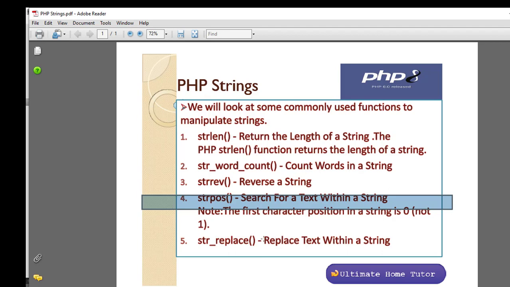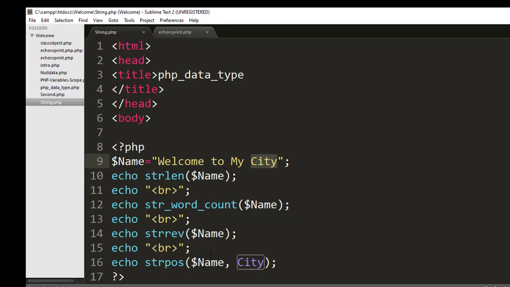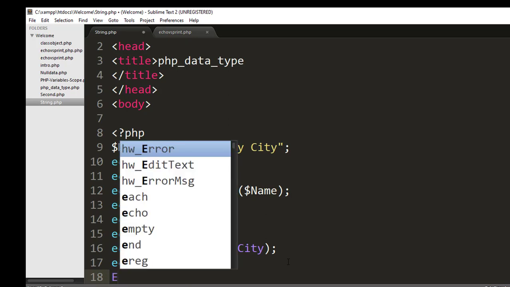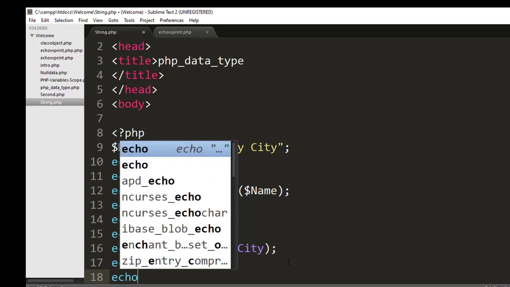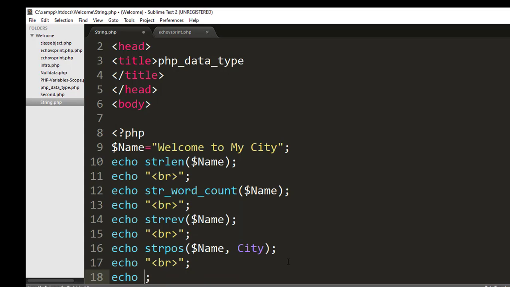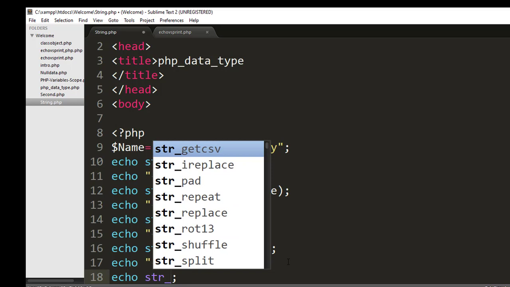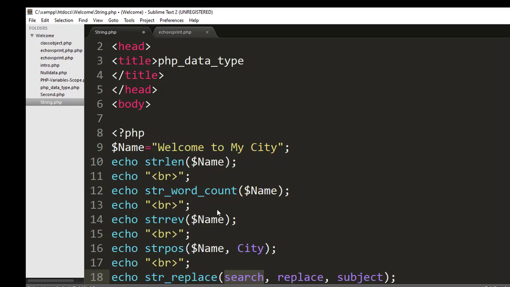Then we'll use str_replace. Again here echo str_replace.